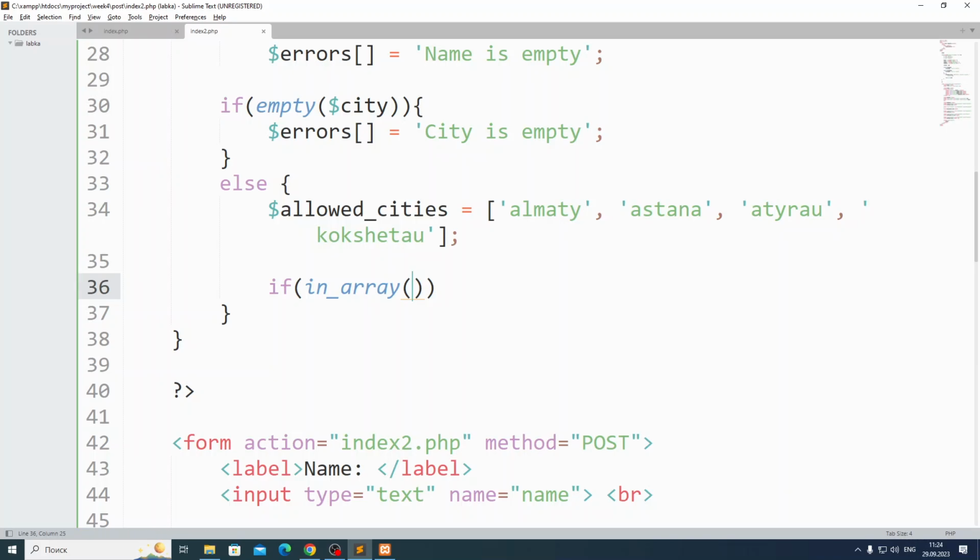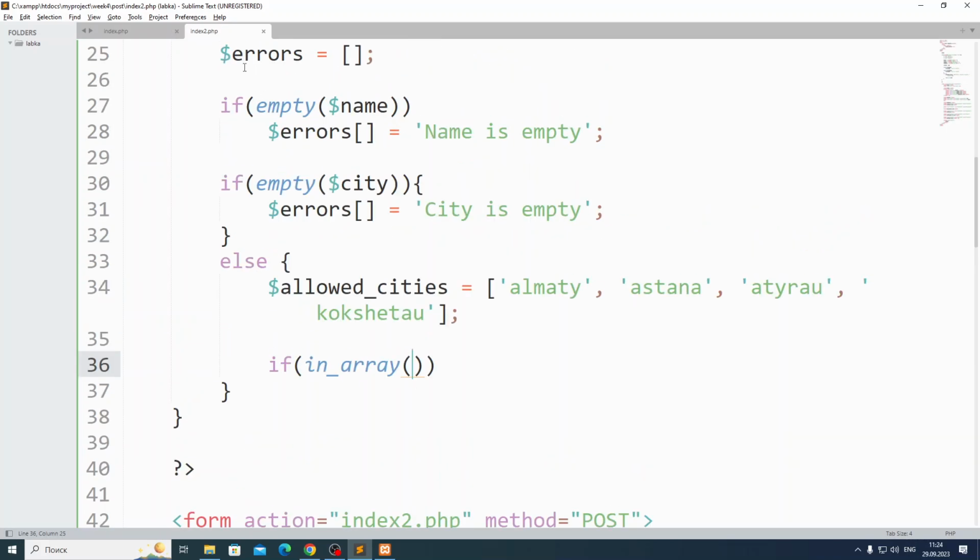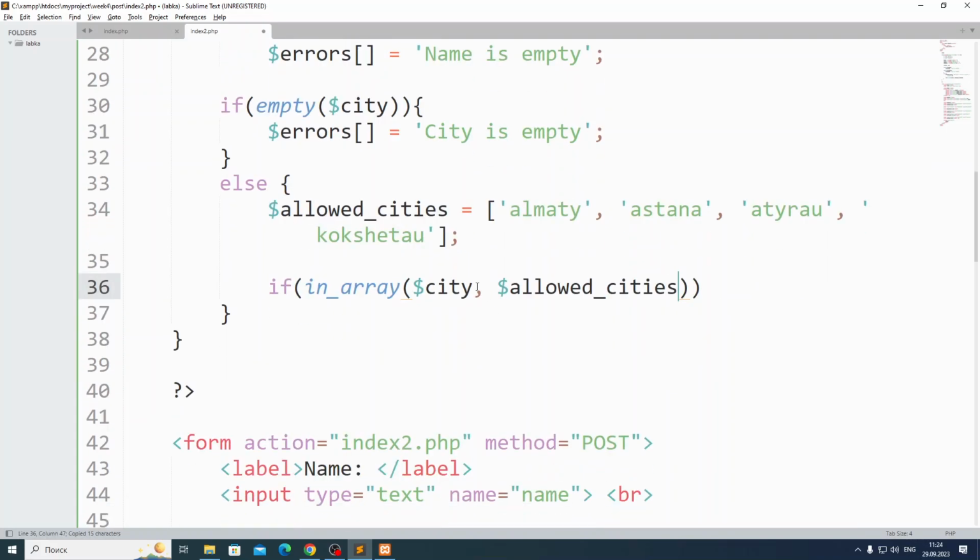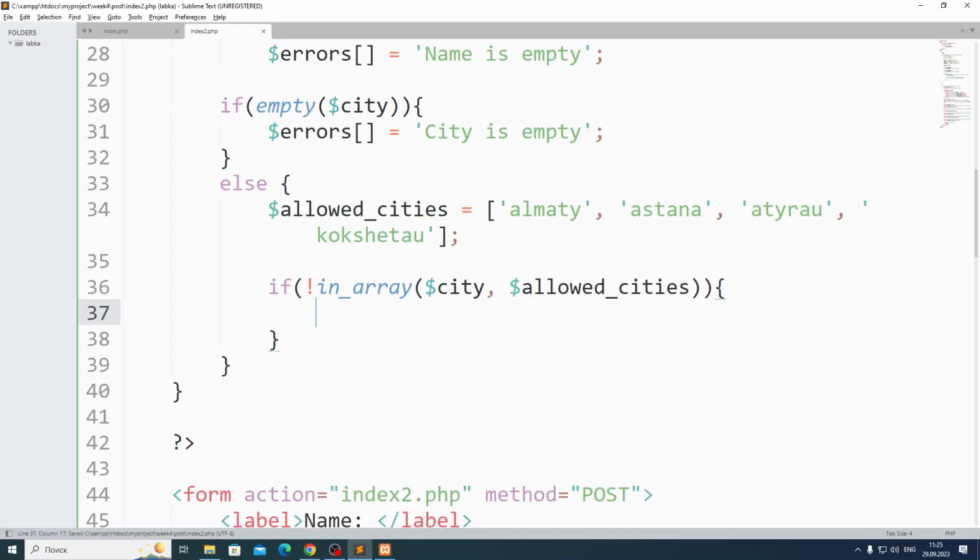Let me see. We have to write first the city here, guys. I don't know why it does like this. We write city if this city is inside these allowed cities. Okay? If it's in array, but we have to check if it's not in array. Yeah, I'll put exclamation mark. If it's not in array, I will give some error. Is it clear? If this city is not included inside allowed cities, so